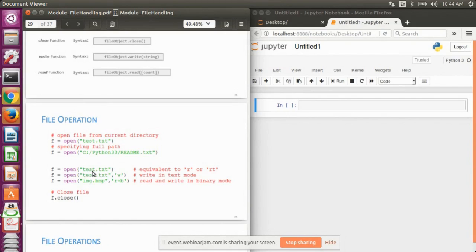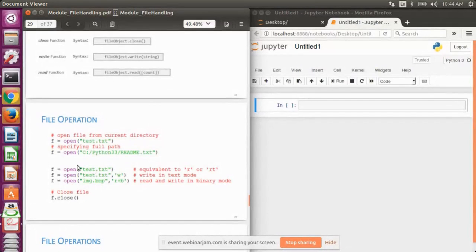Read mode, you can say from the security point of view, defines that you cannot write anything to a file if you have opened that file in the read mode. In the same way, if you have opened the file in the write mode, then you can write data into the file, but you cannot read data from that file.